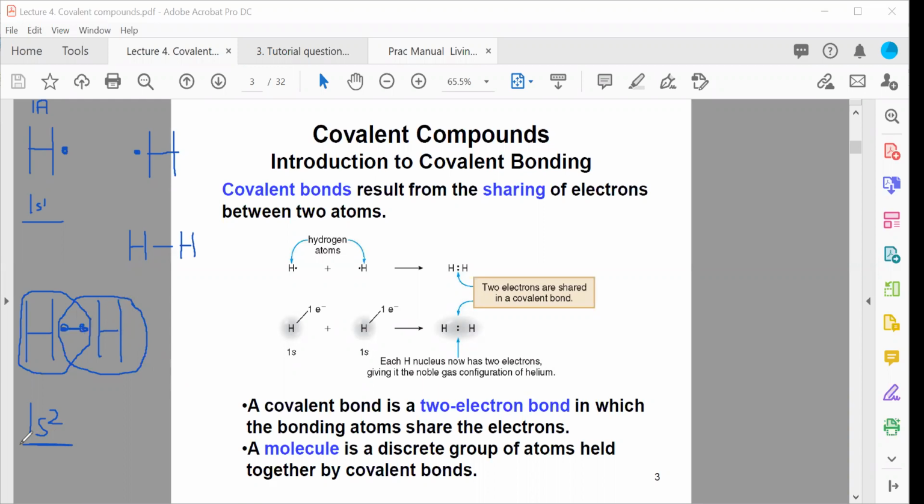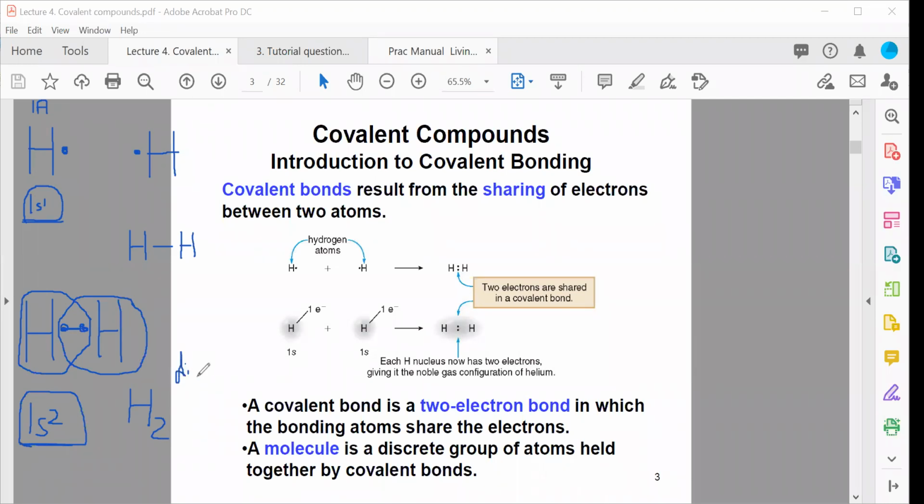And this happens to be a much more stable arrangement than this here. Okay. So this is the preferred state, the more stable state for hydrogen. And that's why hydrogen as it exists in the atmosphere exists as two hydrogens bonded together,